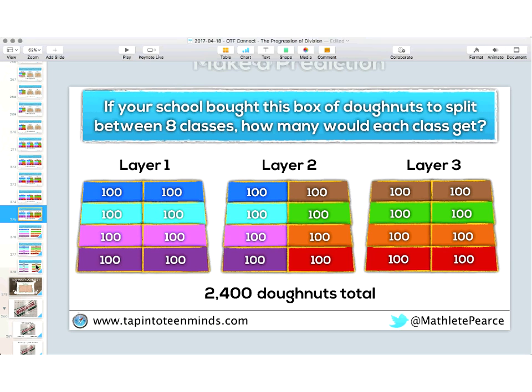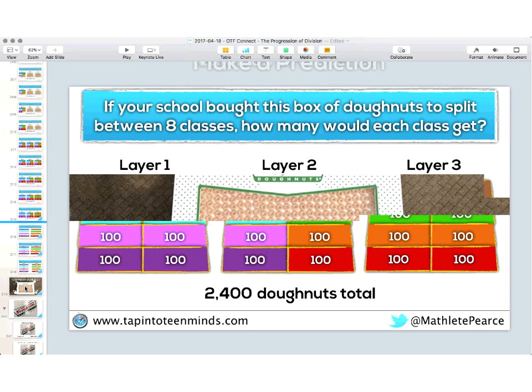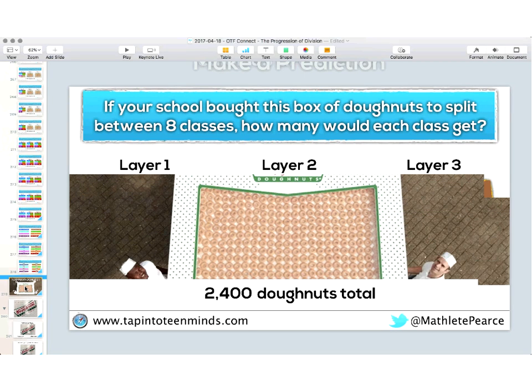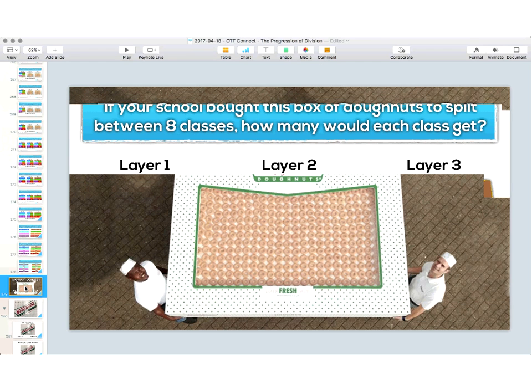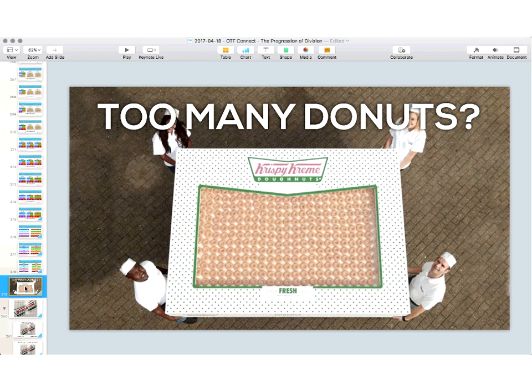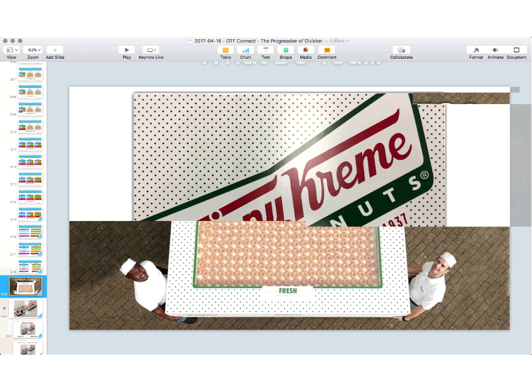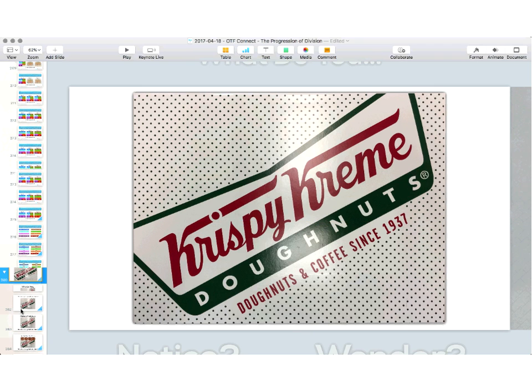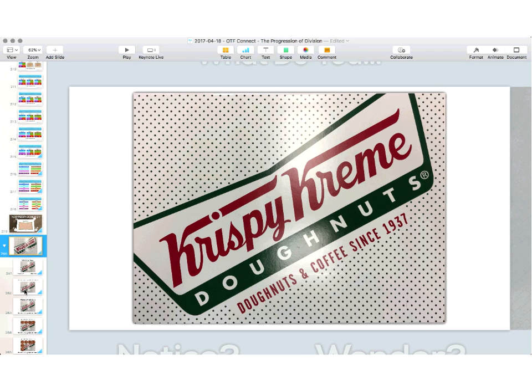So with that, we're going to move on here, and we're going to dive right into our progression. I wanted to get us warmed up for the evening, and I think we've done that quite well. If you're from primary and you're thinking that this is too many donuts, you might want to go ahead and use maybe a smaller number of donuts. So I have a smaller set of images that just have our regular Krispy Kreme donut size.